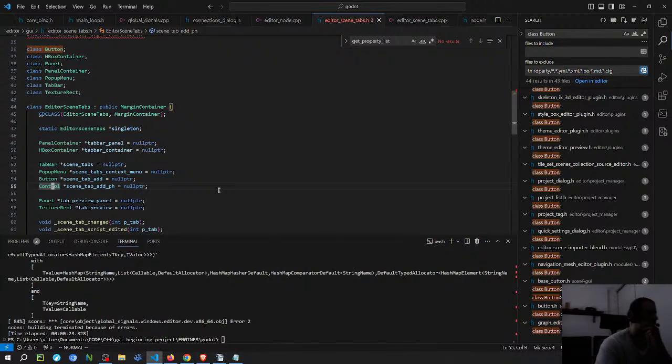Wasn't this a class? Basically, I'm just gonna copy the way that they do there. So it might be another one of these classes here that is responsible for setting up the events. It's probably gonna be a control node. I think it has to inherit from the control, because the control is gonna be the one that has the virtual functions that are related to the events that are emitted by the window.